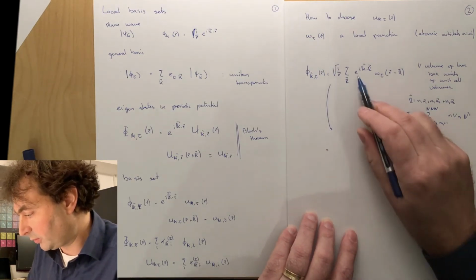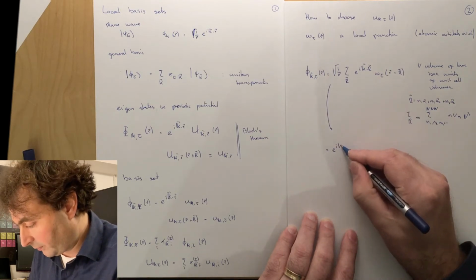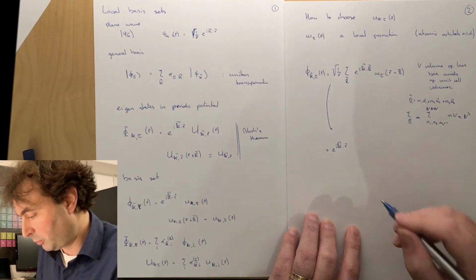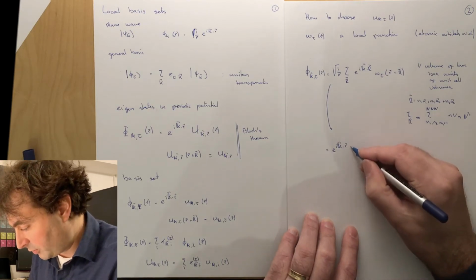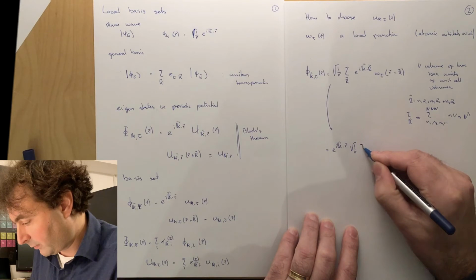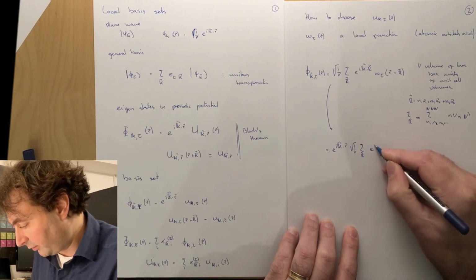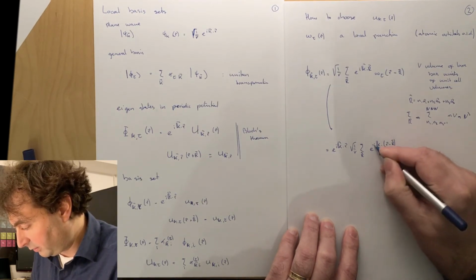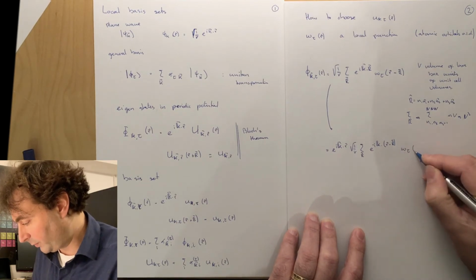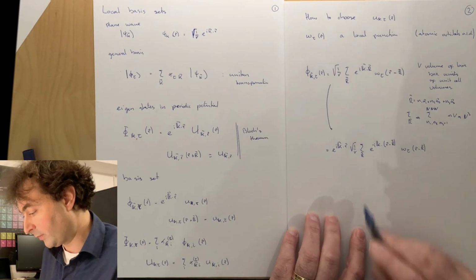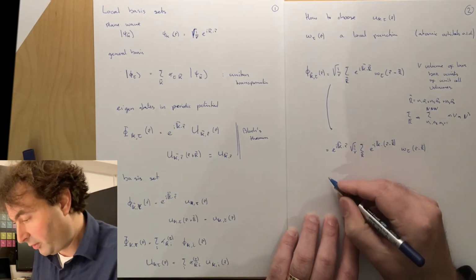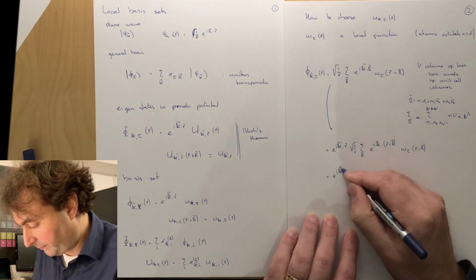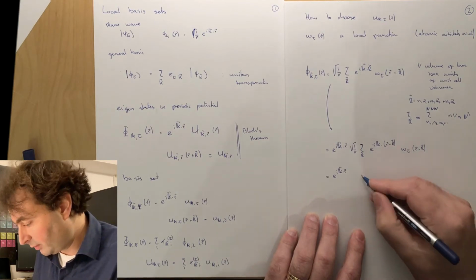And this function is equal to, let me take out an e to the i k dot r, because that's what I want to have in the end for a wave function that is of the form of a Bloch wave function, times square root 1 over V, sum over R, and now we have e to the minus i k dot (r minus capital R), and omega tau of r minus capital R, and we sum over all lattice vectors, so we can shift our sum in the limit of the infinite crystal, which is the limit that we're interested in, e to the i k r times a function